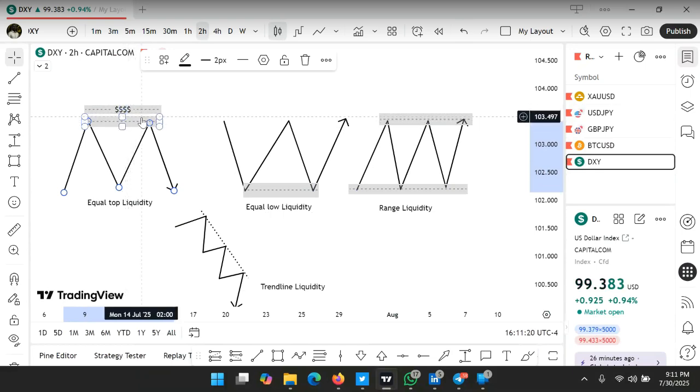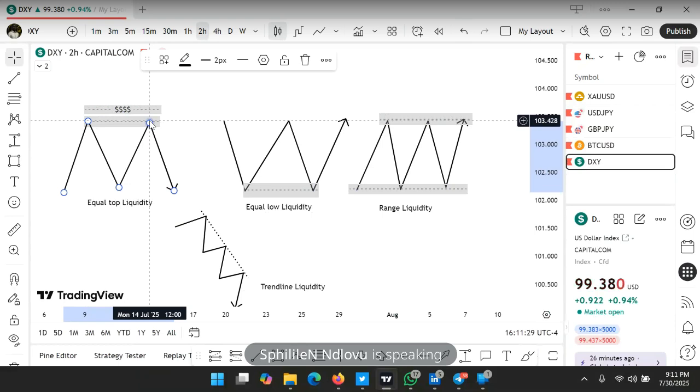So if you want to trade this kind of market, you wait for it, because there will always be what we call a sweep of liquidity. That's when liquidity is going to be taken. This sweep of liquidity is a way for the big guys, the smart money, to get into the market. As I told you, they have plenty of money and they cannot dump all their money at once into the market. It will cause a distortion in the market. So what they do is they cause these liquidities.